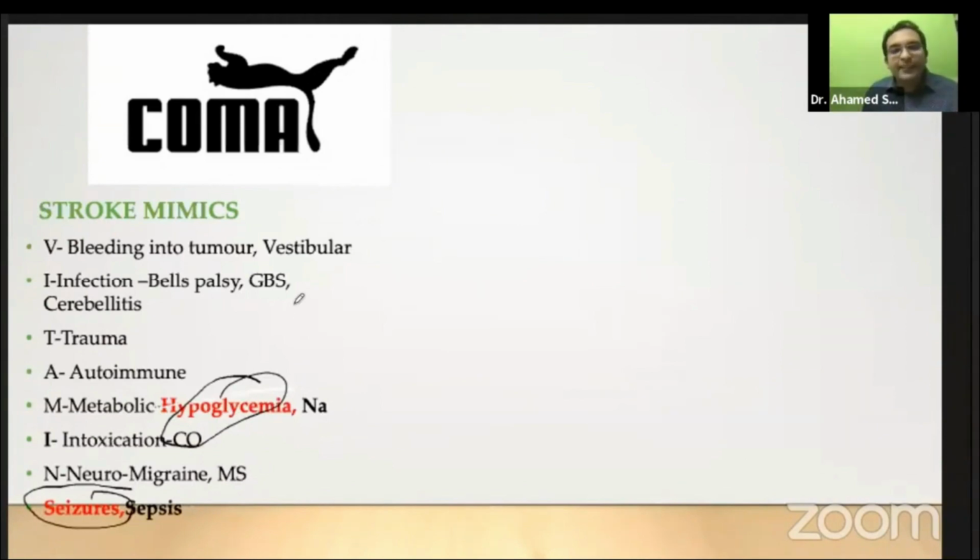So the important thing is that if such a stroke mimic comes to you within 4.5 hours, and you're strongly sure it's a stroke, you have thrombolyzed the patient. Is it something wrong? Except for bleeding, which will be evident in the CT, most other things, the latest AHA guidelines in 2018 say it is reasonable to thrombolyze the patient, because they haven't found much mortality or morbidity because the patient was thrombolyzed and it was not a stroke.